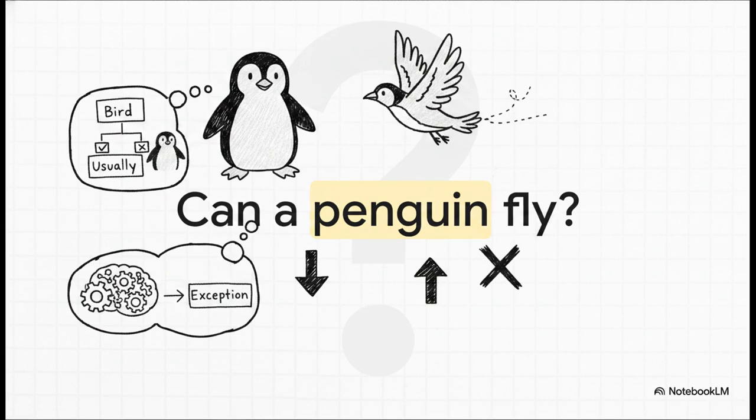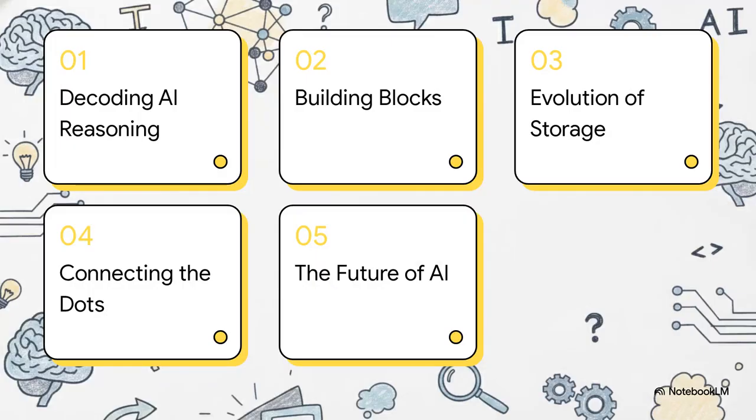Establishing how an AI system reaches this exact same conclusion without just getting trapped in contradictory logic is literally one of the most vital areas of AI research. And this whole incredible field, it's known as knowledge representation. Here is our roadmap for today's explainer. We'll be looking at decoding AI reasoning, building blocks of knowledge, evolution of knowledge storage, connecting the dots, and finally,